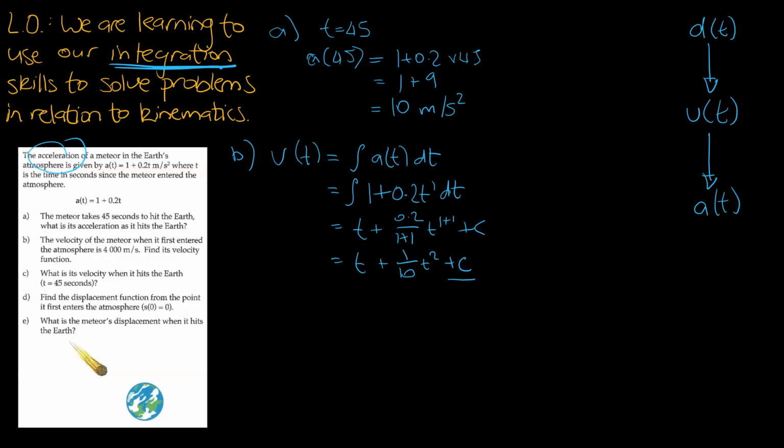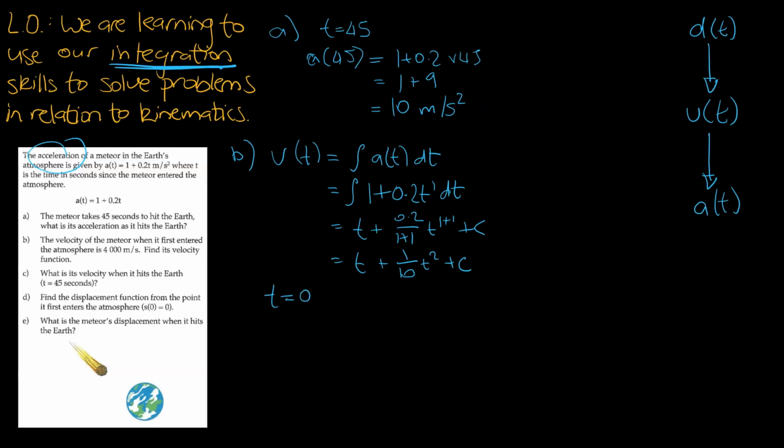The only thing is we've got the plus c, so that's not a completed equation. So we need to figure out how to calculate that. And this is what makes the integration questions a bit harder, because you need to know a bit of other information. And in our case, they've told us about the 4,000 meters per second. And they've also used the phrase when it first entered the atmosphere. So what that means